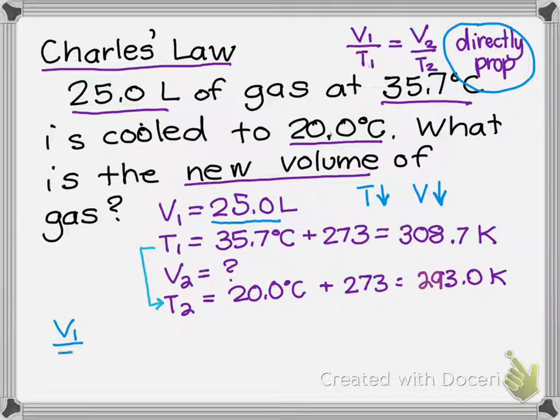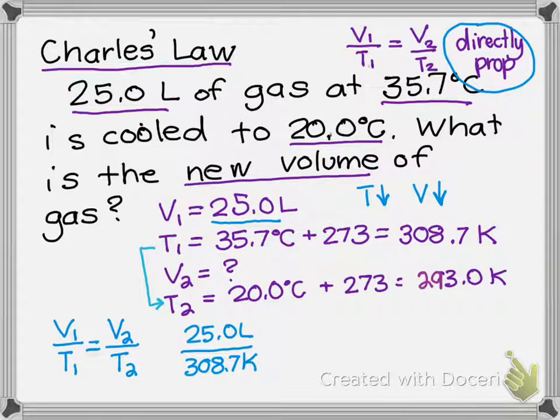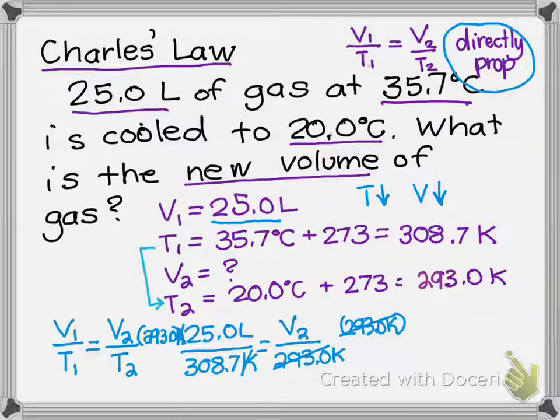So I have volume 1 over temperature 1 equals volume 2 over temperature 2. Let's plug in 25 liters divided by 308.7 Kelvin equals volume 2 divided by 293 Kelvin. Now I can cross multiply, so I'm going to multiply both sides by 293 Kelvin. That causes that to cancel on one side, and then I'll multiply this side by 293 Kelvin. My Kelvin units will cancel. So my new volume